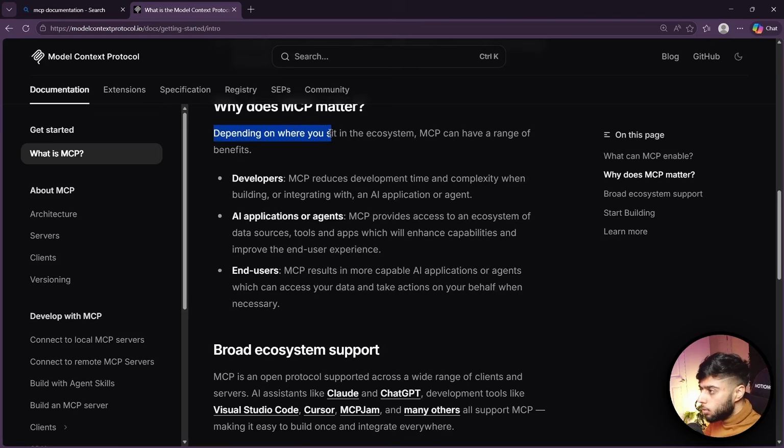Depending on where you sit in the ecosystem, MCP can have a range of benefits. Developers, the main thing, because we support developers. MCP reduces development time and complexity when building or integrating with an AI application or agent. The same thing that I just discussed with you. And then obviously AI applications and agents: MCP provides access to an ecosystem of data sources, tools, apps, and everything. Then end users, MCP results in more capable